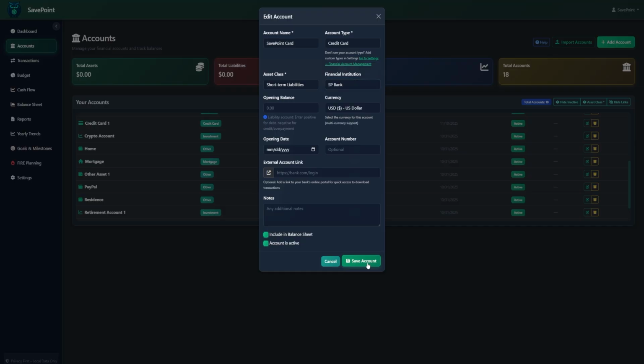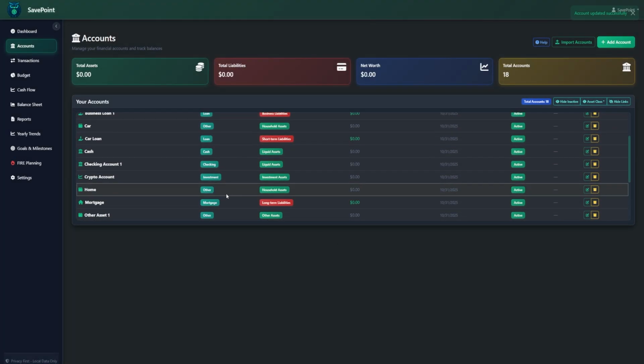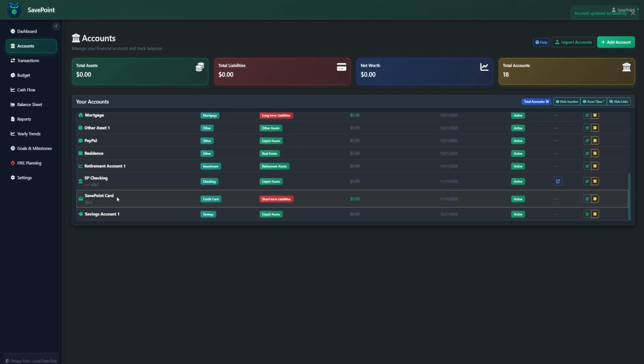And we'll leave everything else the same. Maybe we'll add the last 4 digits of the card, 5432, and save the account. And then we have SavePoint Card organized nicely down below. And we did this because it'll be nice to see a liability account as well as we're going through this